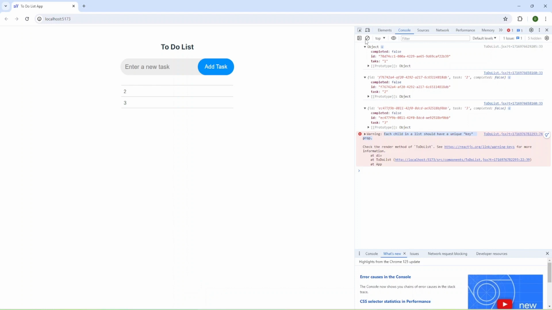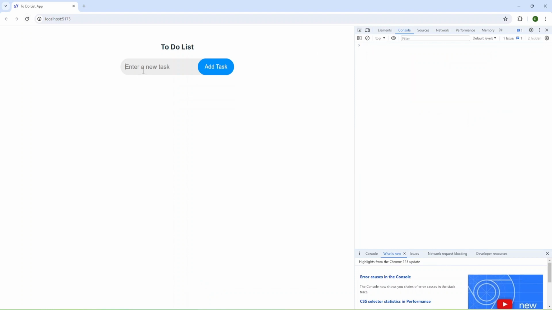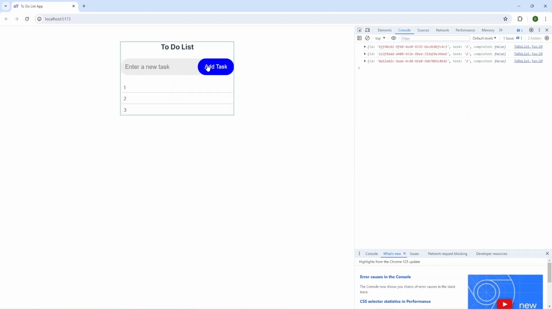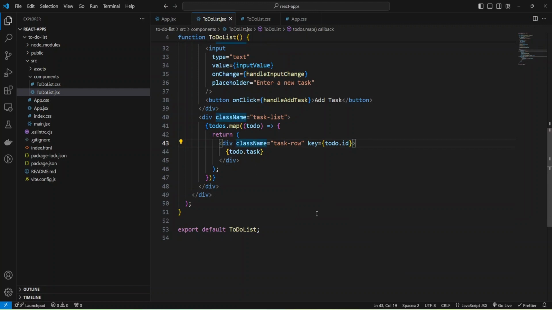And let's check again. I'm going to refresh it all, add some tasks, and as you can see, our tasks were added here. And now we can add some delete functionality and some classes. Okay, we have our class name, task row, and we can adjust it to add a completed, and we'll use this completed later in our code.